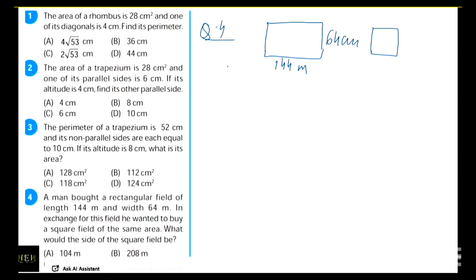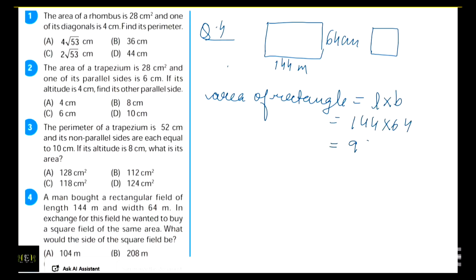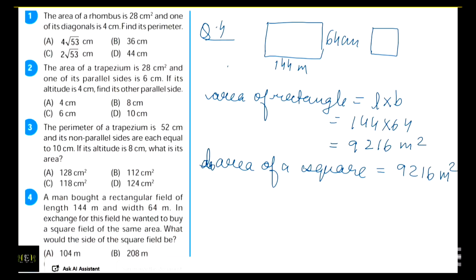Okay, so I will calculate the area first. I will calculate the area of the rectangle. What will it be? L cross B is equal to 144 into 64. What I will get is 9216 meter square. Now this area is equal to the area of the square, and the area of the square is nothing but 9216 meter square. Also, now I know that the side of a square will be the root of